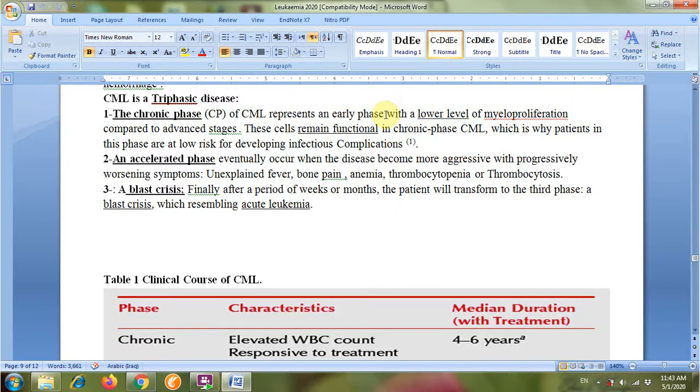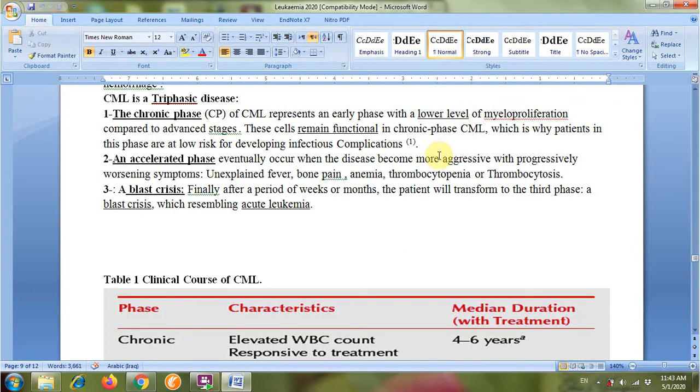Because other cells remain functioning in these CML cells, especially those without the Philadelphia chromosome, and other cells are healthy cells. Therefore, there is low risk of infection. The problem is with immunity: leukocytes are the only defense mechanism of the body. So when the number of competent leukocytes decreases within the non-competent ones,